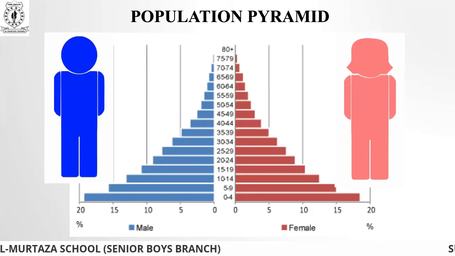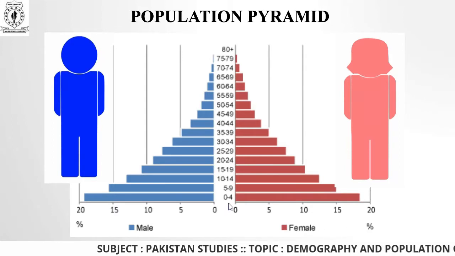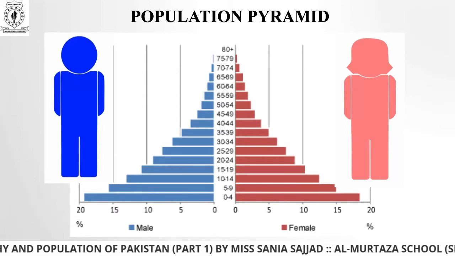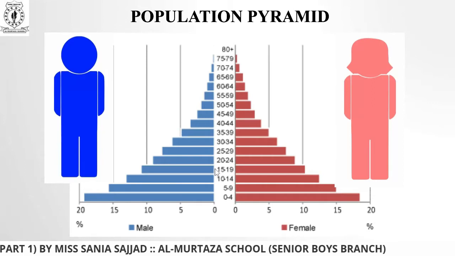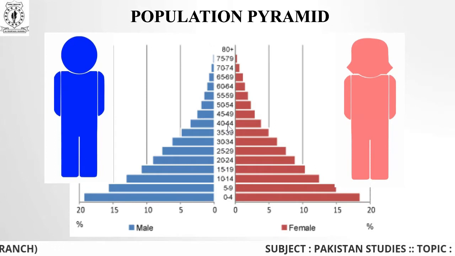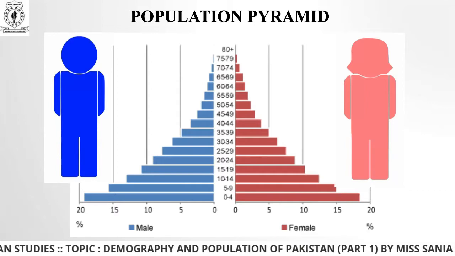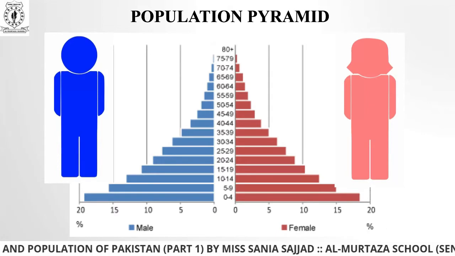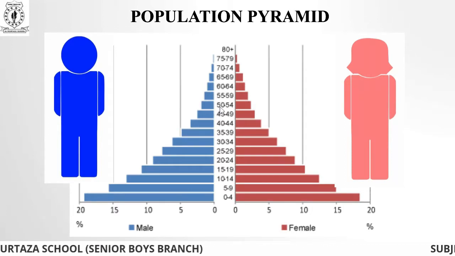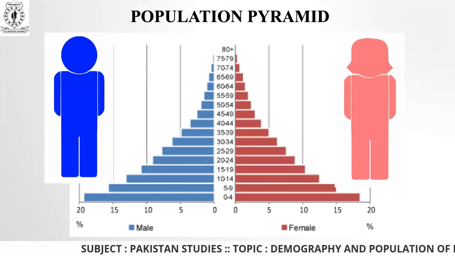When a child is born, the child is an infant. By reaching 0 till 4, he or she becomes a toddler, and by 5 till 14 years, he or she is in the early age of life. And when I'm talking about 15 onwards till 44, you can see the person is moving from teenage to middle age, which is also known as the mature age, where you're able to take decisions and manage things on your own. And the age group starting from 45 onwards is where you're entering from middle age into old age.